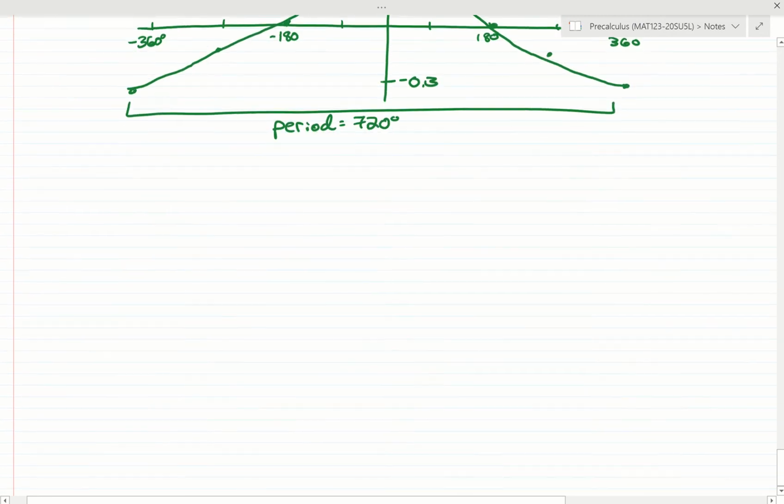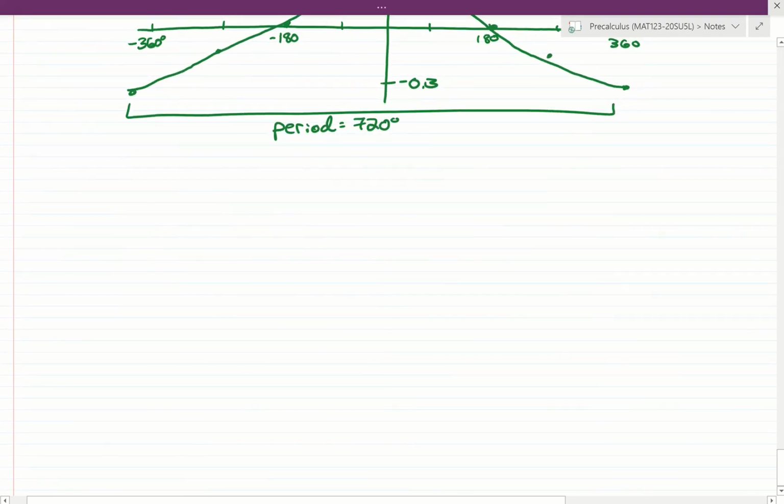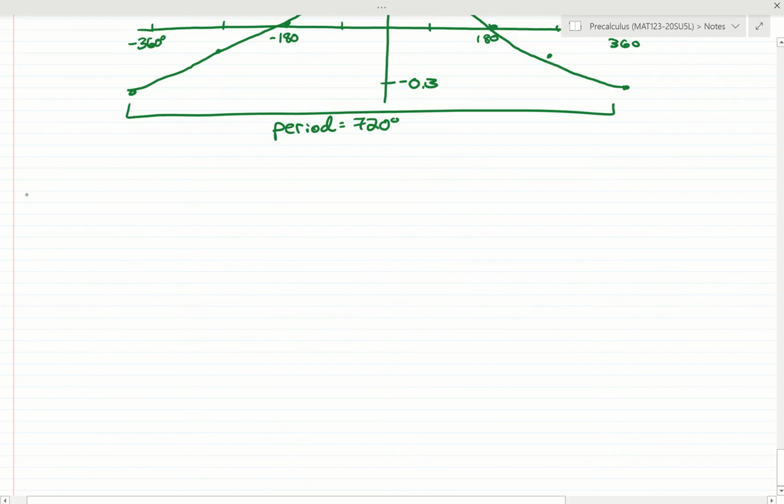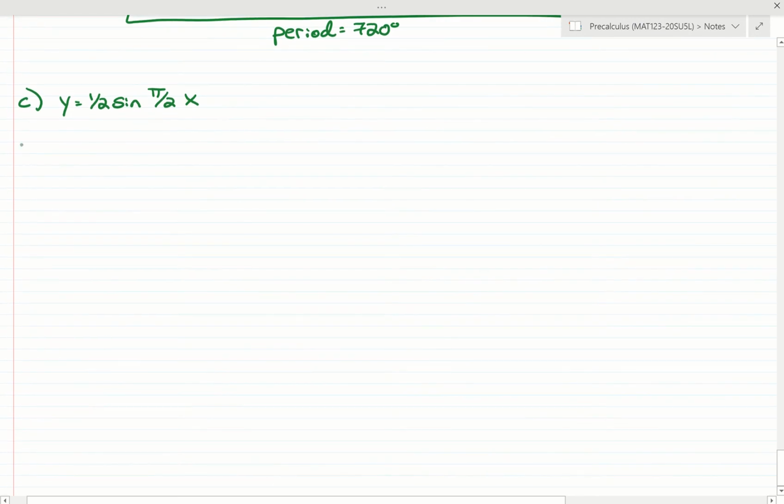So we'll do a couple more in radians, and then I wanted to go over a supplemental worksheet just to make sure you understand how to do this. So what if we had y is equal to 1/2 of sine of pi over 2 and then x. So this is in radians. Technically, we could factor out the pi over 2 like this. The amplitude is just 1/2. The absolute value of 1/2 is 1/2. So when I go to graph this,